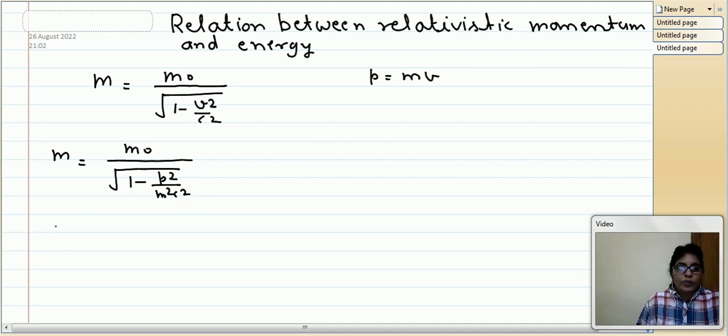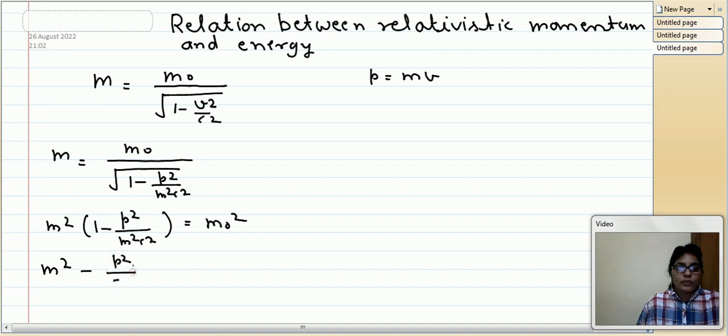Now taking the square of both sides, it will be m square into 1 minus p square upon m square c square is equal to m naught square, or it will be m square minus p square by c square